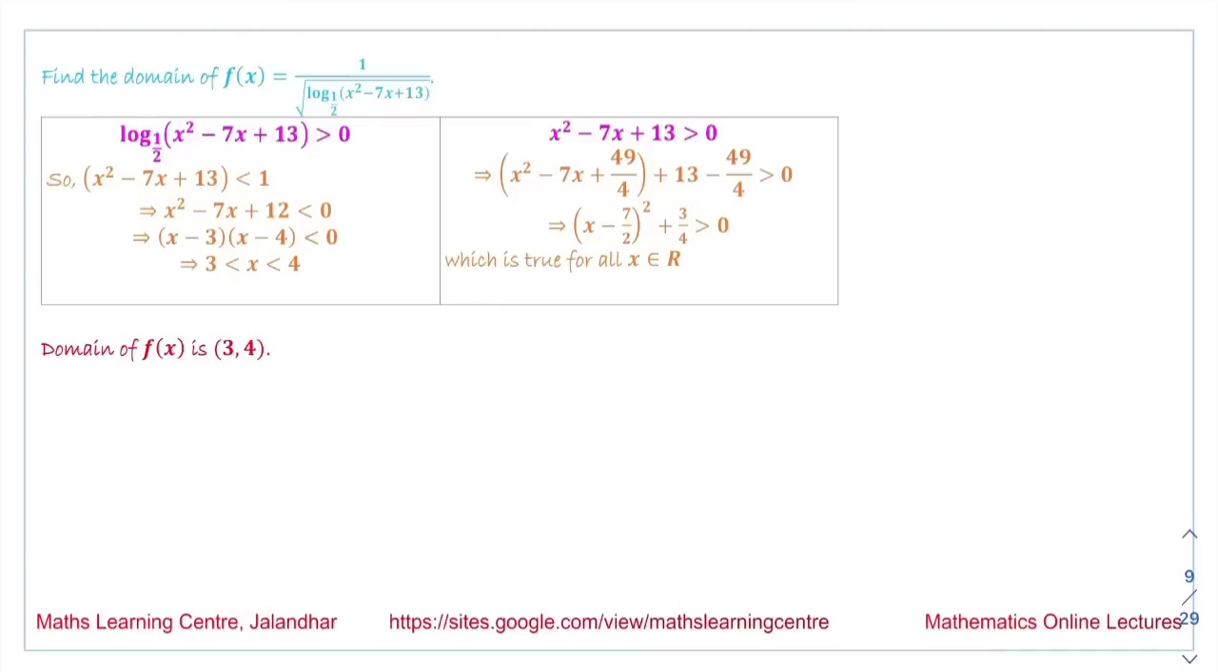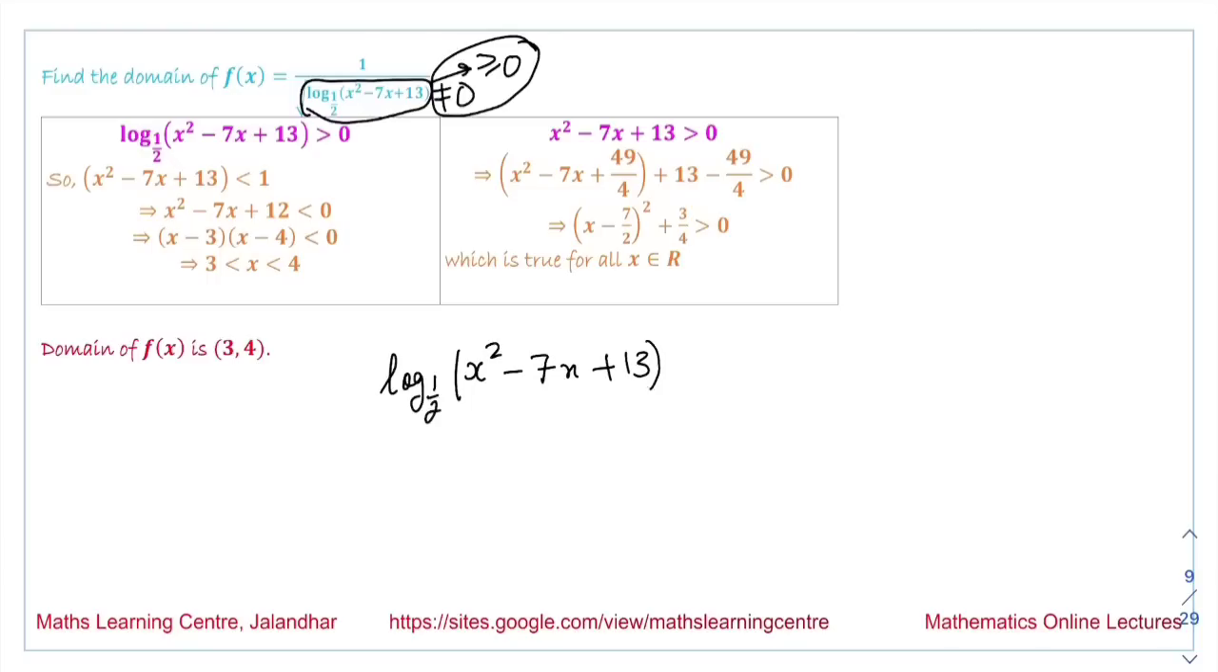Now the first condition we have is that the denominator should not be 0, because this portion is in the denominator part. Second condition we have is that this term is in the square root, so we are saying this term should be greater than or equal to 0. Combining this result, we get that log base 1/2 of (x² − 7x + 13) should be